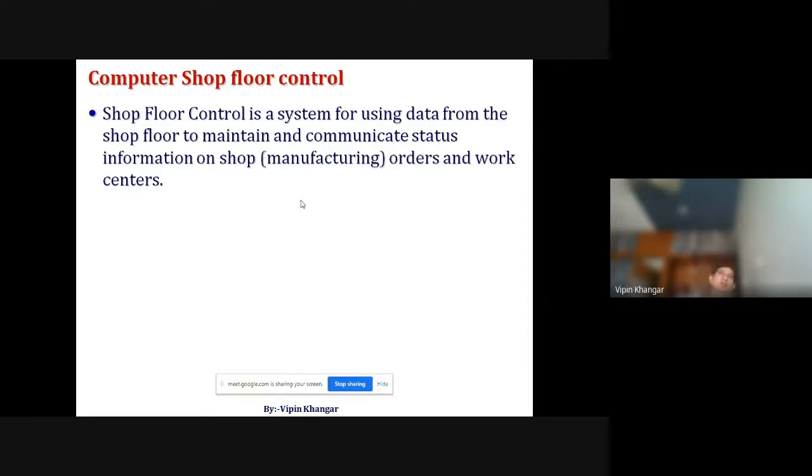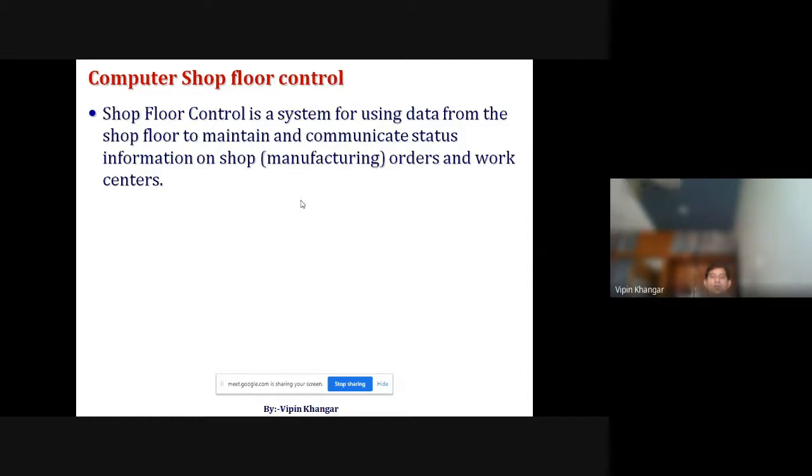Technically, in industry, when you say shop floor, it is the ground reality where the manufacturing actually takes place. There are many different business functions in an industry, and whenever the word shop floor is used, you understand it refers to where actual manufacturing and actual assembly of a component take place.